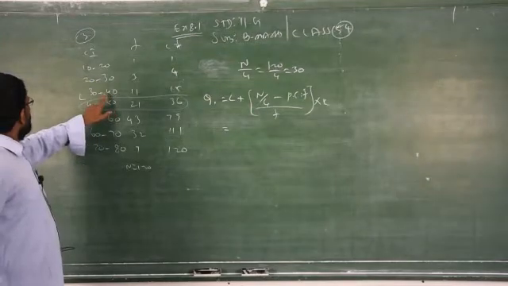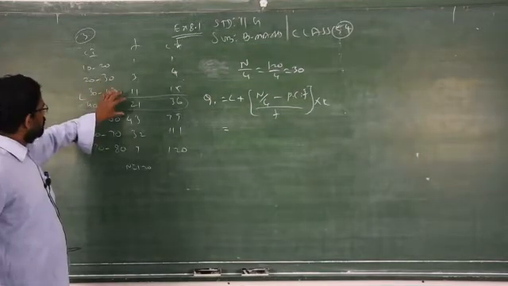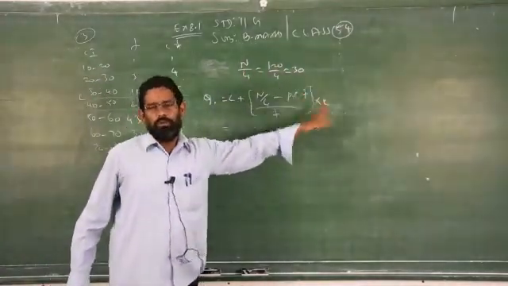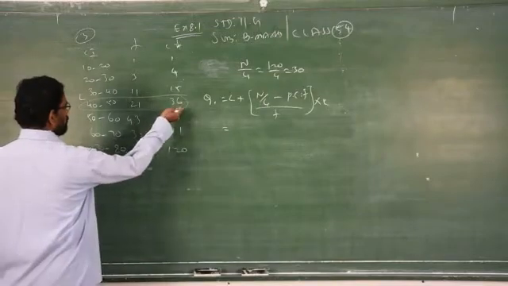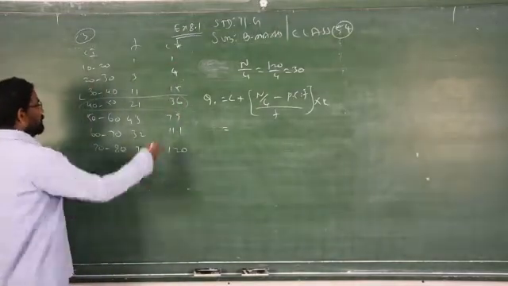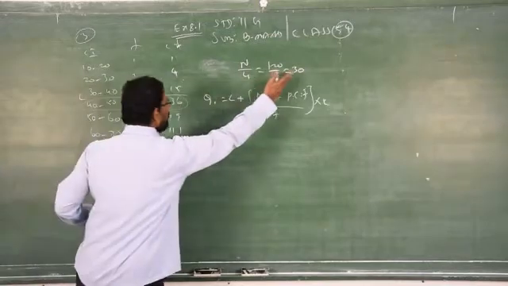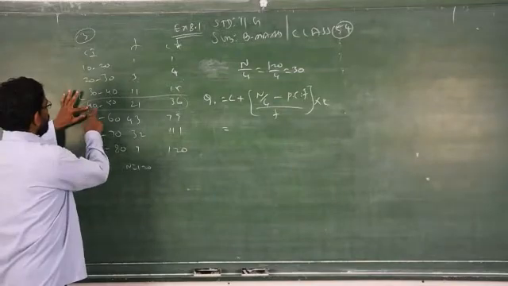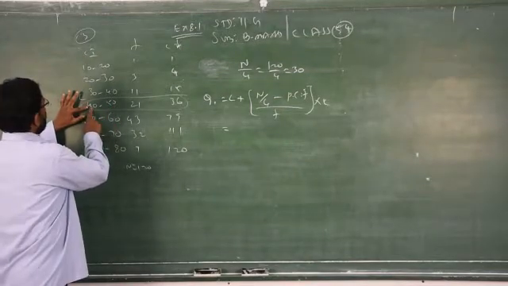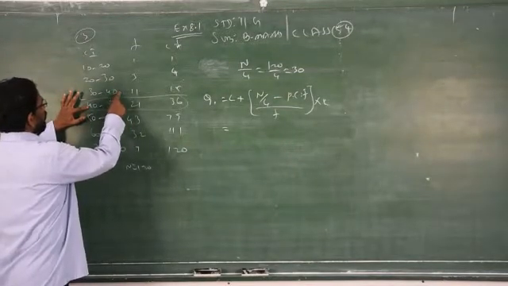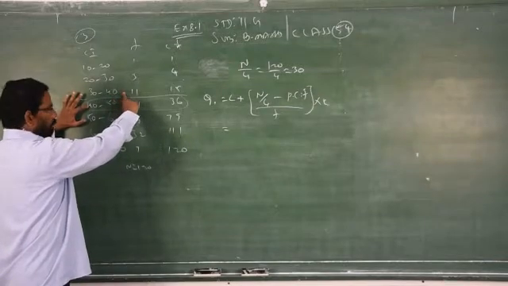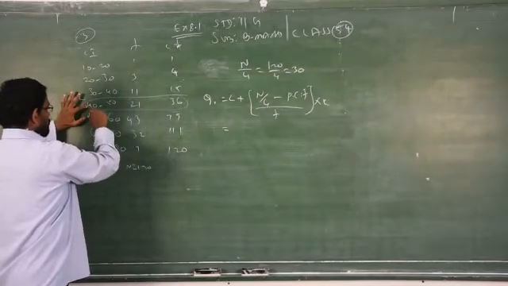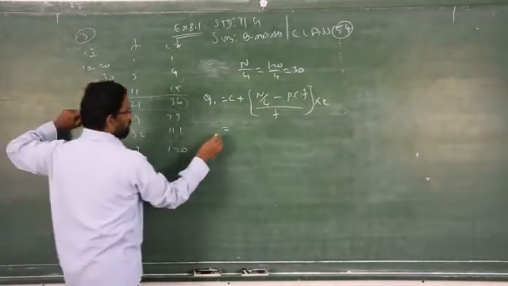So the upper limit of the previous class, and this is called the model class. How do you find out the model class? By seeing that n by 4 is 30. 30 falls on 36 under the cumulative frequency. Just find the model class with the help of the 30 and the cumulative frequency. Circle it, and this is called lower limit, this is called upper limit. When the lower limit of the model class and the upper limit of the previous class of the given model class are same, then you have to write L is equal to 40 as it is.